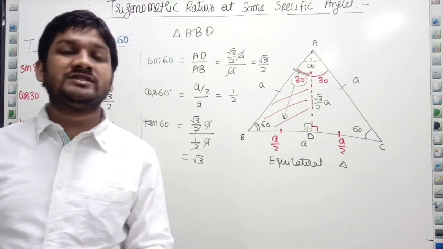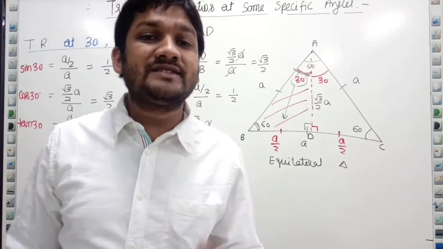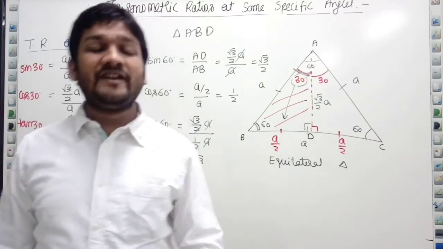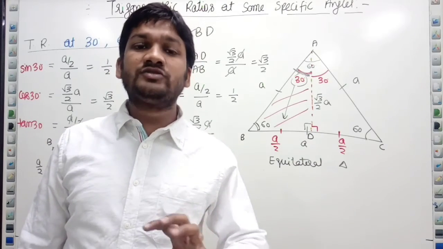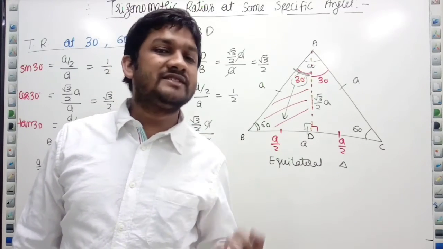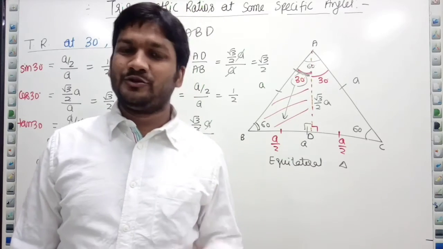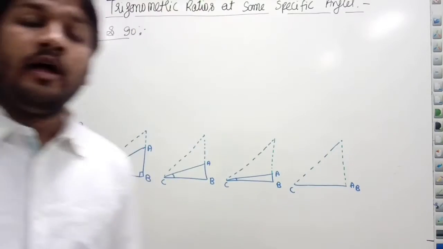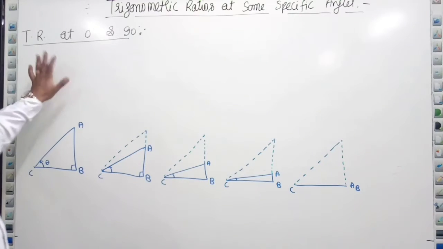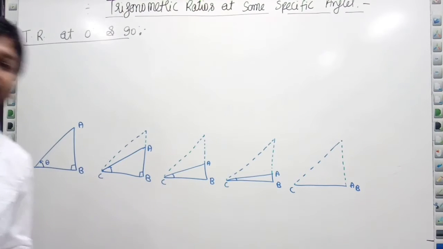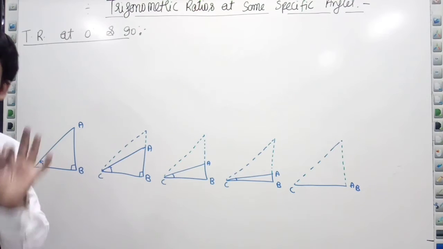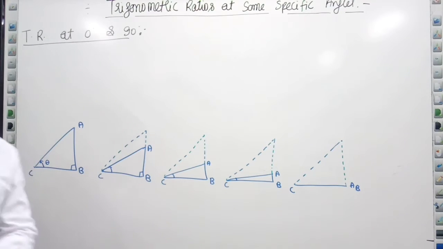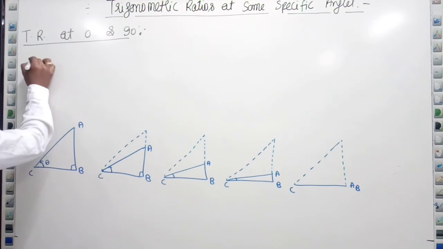These type of questions are very important for understanding the concept as well. It is also asked in previous year examination question papers, so this is also important from the examination point of view. Now we are talking about trigonometrical ratios at 0 and 90 degree. First I am talking about 0 degree. Let's observe here. Whenever I talk about sin 0,